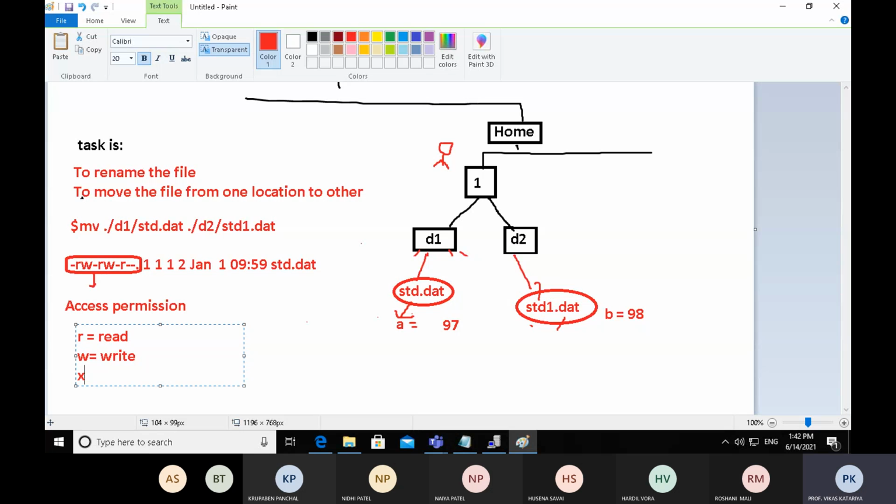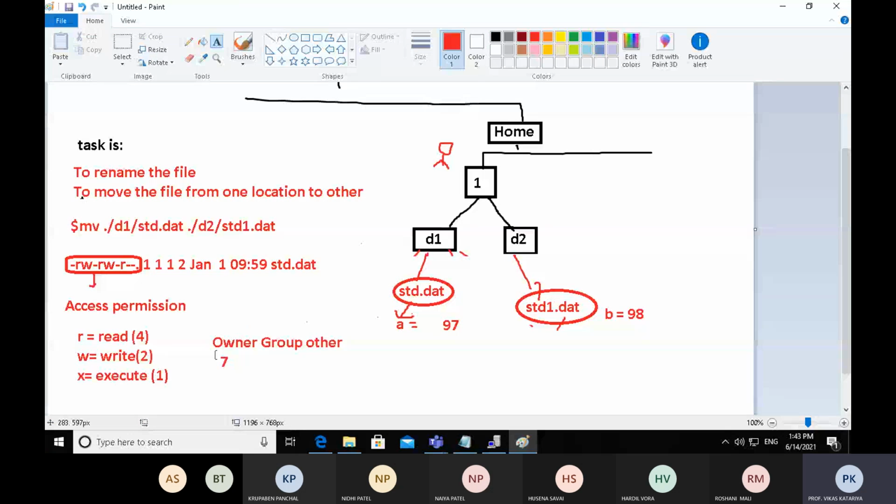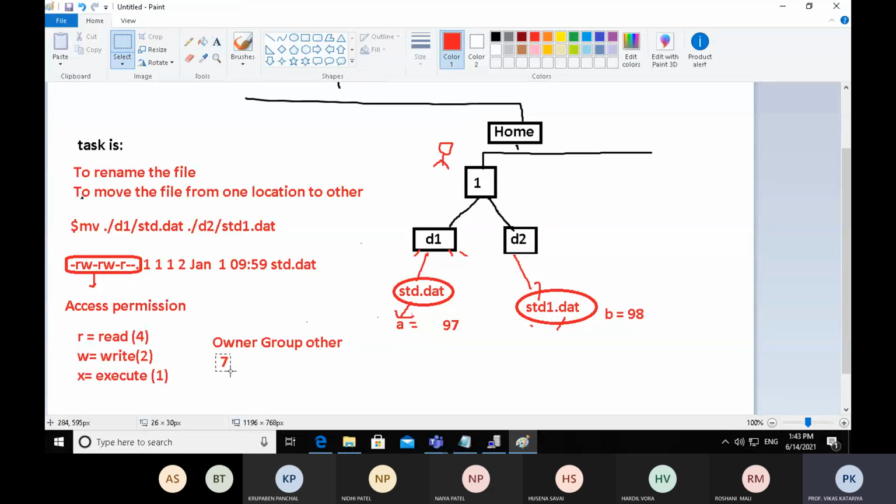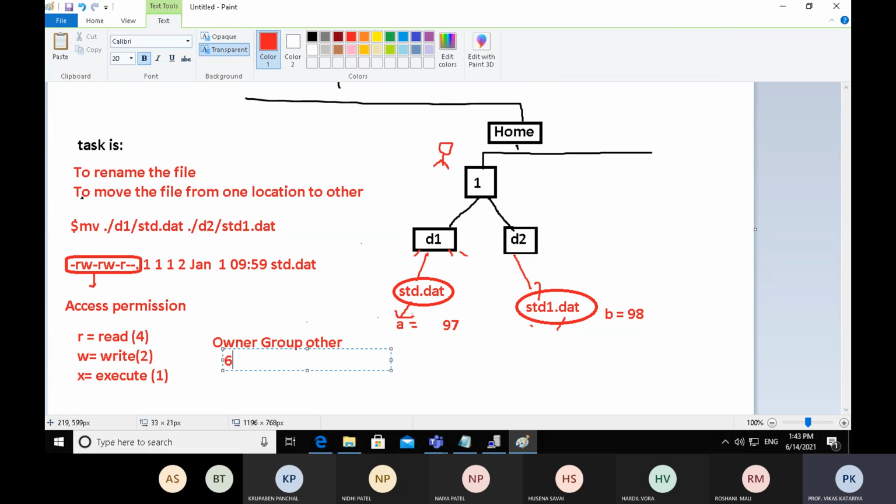There are three kinds of users: owner, group, and other. If you put owner as a 7, owner can have read permission, write permission, and execute permission. Suppose we have owner as a 6.